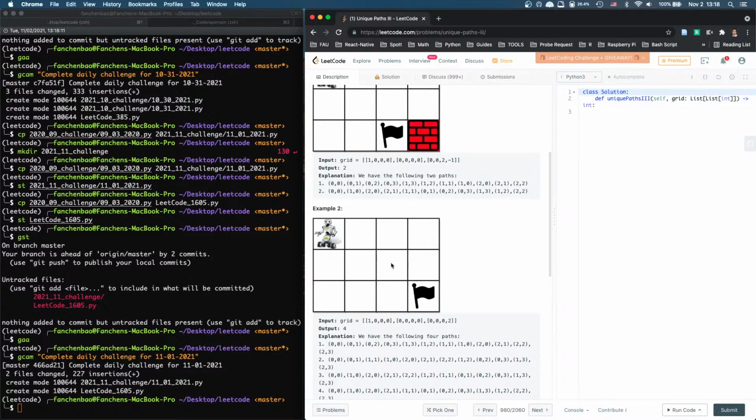Oh, it can go from here as well. Hold on. Yeah, it can go from all 4 directions. Let me think again. Unique path that can end in this spot. Right, if I want to end in this spot from here, it can be